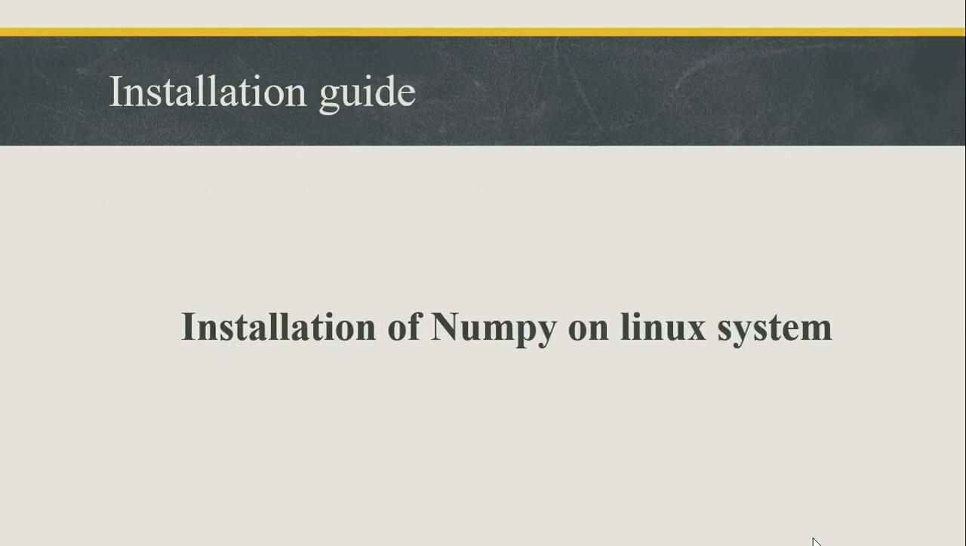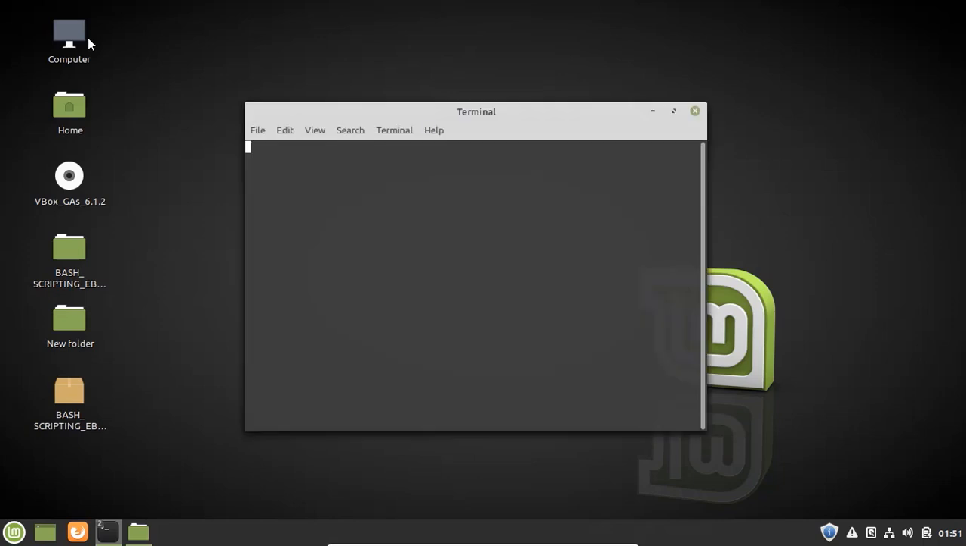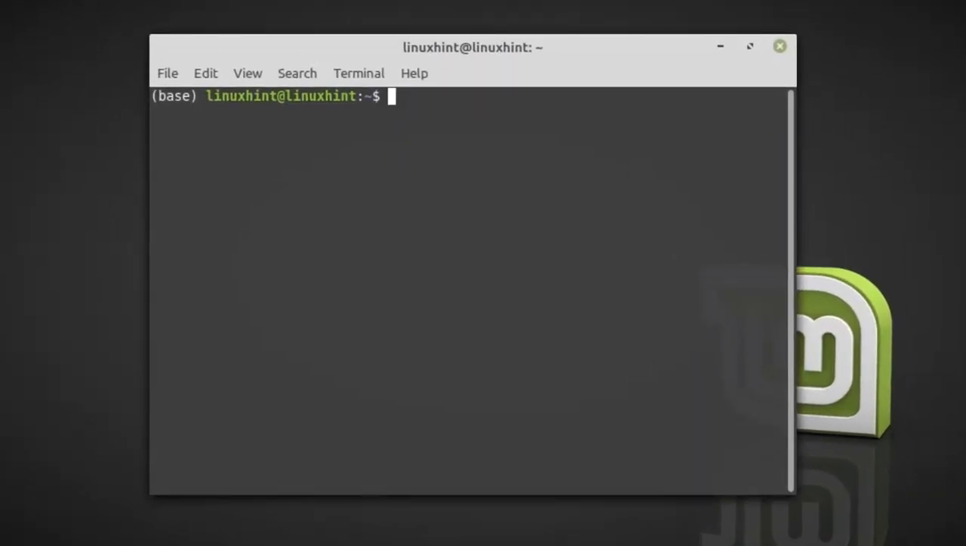Now let's proceed to the installation procedure, that is, how we can install NumPy on a Linux system. This is my Linux Mint system and we can install NumPy by using Python pip. So first of all, fire up the terminal. If Python pip is not installed in your system, then run the following command to install Python pip, and the command